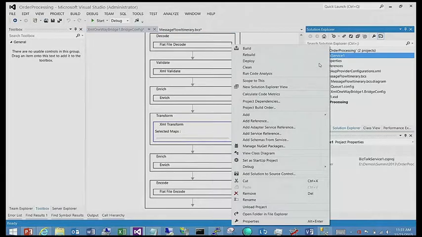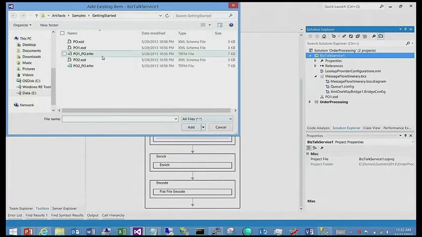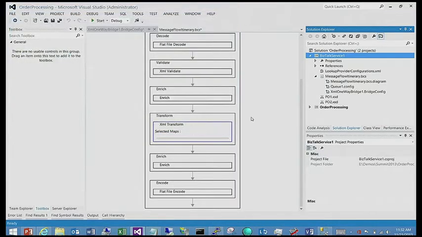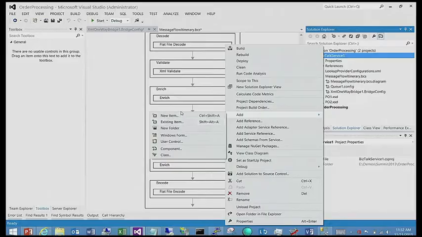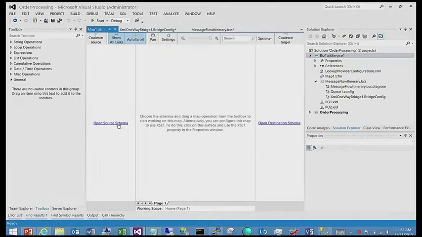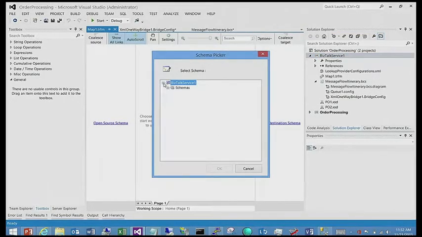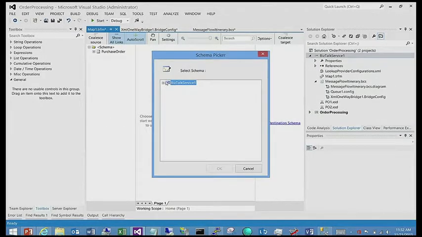For that, we'll just add a few schemas which will allow us to create the transformation. So I can say add a new item, and I can define a map here, and select the schema that I want. Say I want to do a transformation from PO purchase order 1 to purchase order 2,